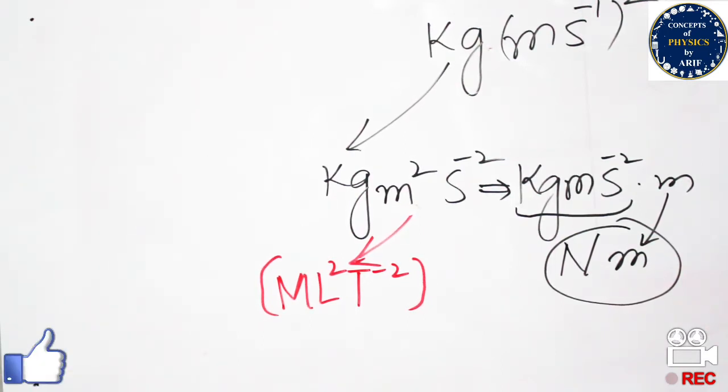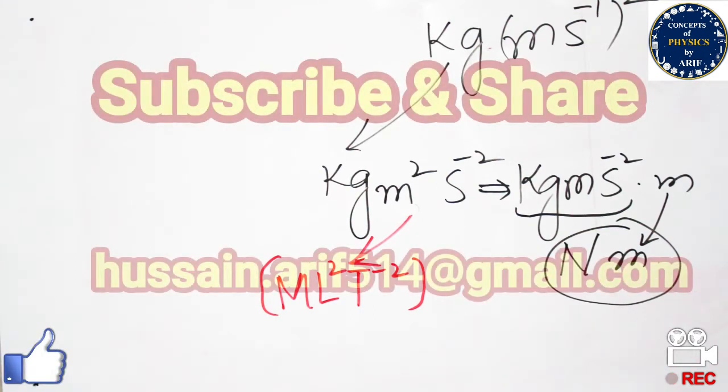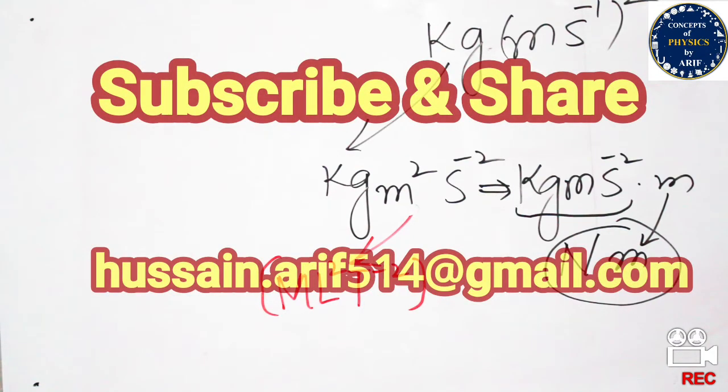This is the dimension. Up till now we have finished the formula derivation with respect to the graphical representation of rotational kinetic energy with respect to moment of inertia for one body and for each body separately. In addition, we also calculated the rotational kinetic energy for every body, and finally the total kinetic energy for each particle, that is I omega square. Up till now we have finished the rotational kinetic energy.